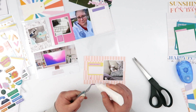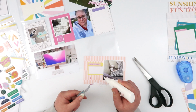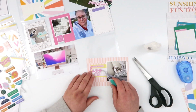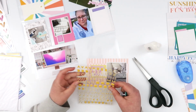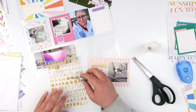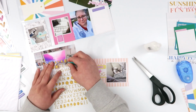I was very delicate putting them on. Now most of my die cuts and stuff I'm just adhering with tape runner, but this very fine little writing on this lazy, and it was a little bit bent from in the packet, so I've added some liquid adhesive onto there. I'm just using some smart glue from scrapbook.com just to adhere that down, and then I'm layering those stickers straight over top,